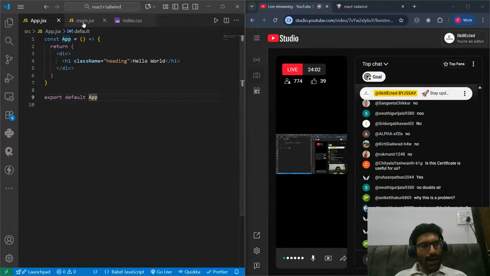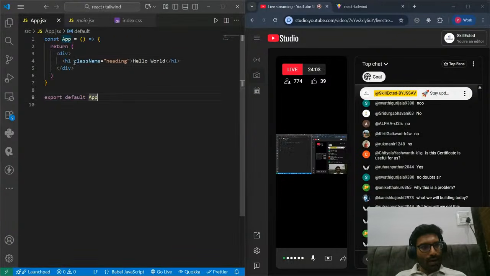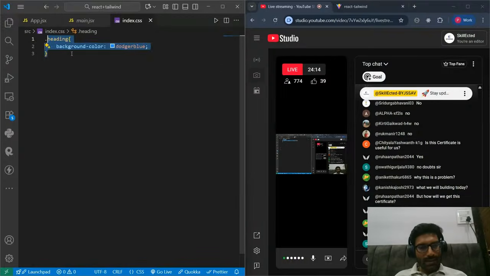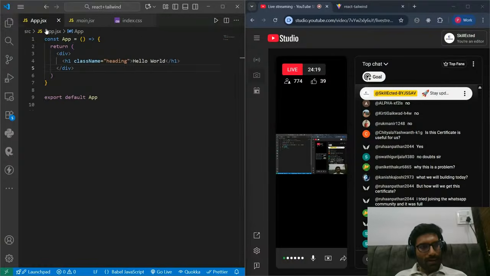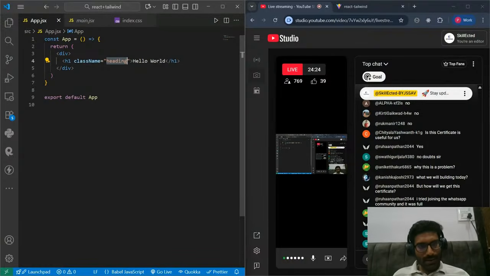Why is inheritance a problem? Suppose I have made different components: one navigation bar and one footer, and I am giving CSS inside this single file. Let us say my navigation bar has an element with the class name heading, and with the same class name heading, I have one element in my footer also.